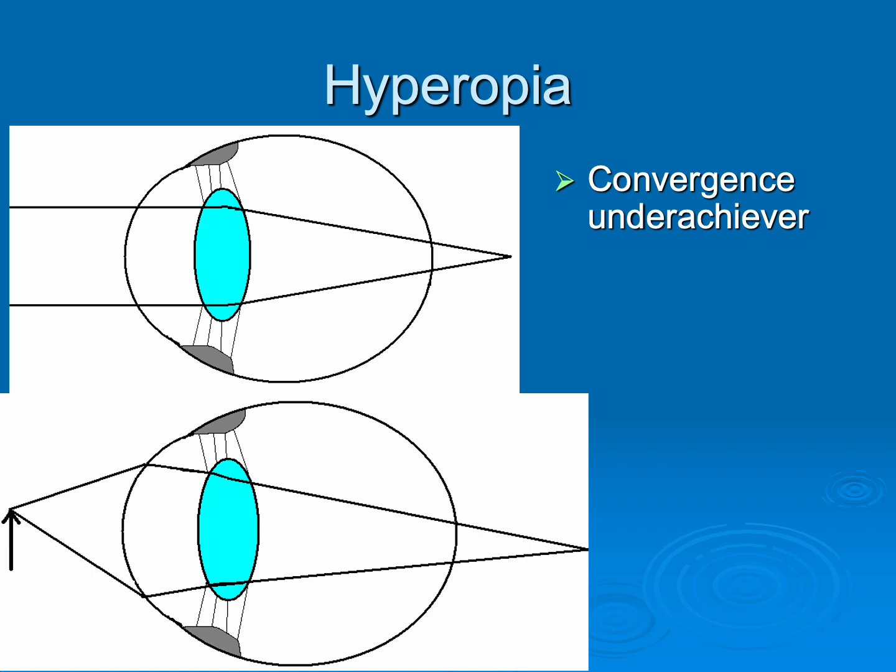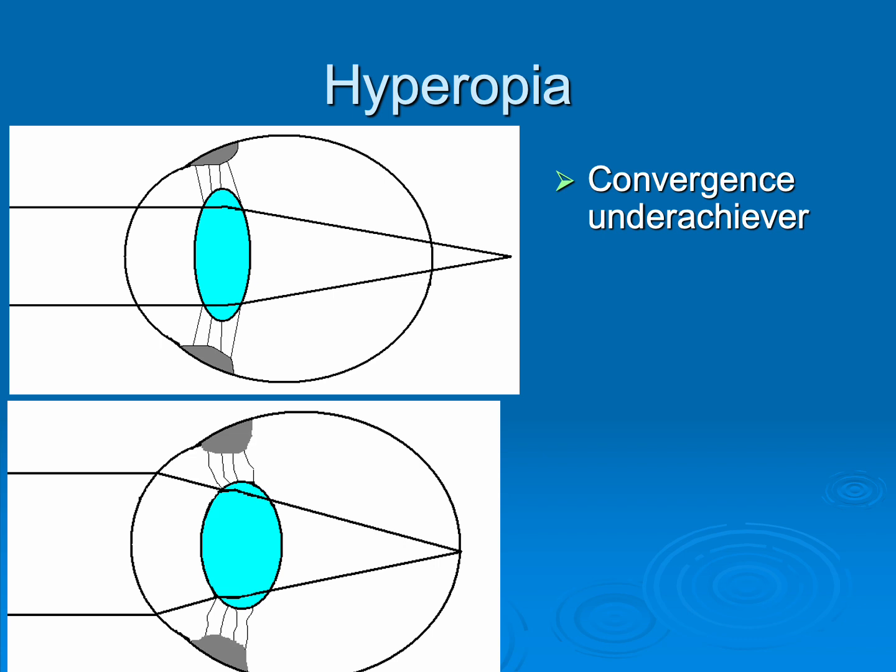And so now you have to use accommodation just to get back to the retina to see off at a distance where those parallel rays are. So again, when the hyperope is not doing anything, when they're just sitting on the couch, not using any accommodation, they don't see anywhere when they're uncorrected. However, if they have enough accommodation, they can bring that focal point up to the retina and see off at